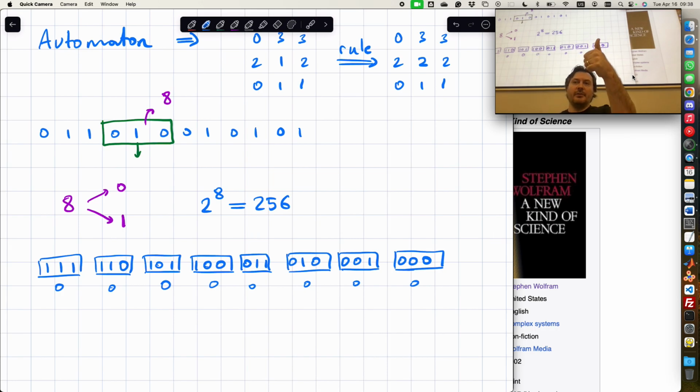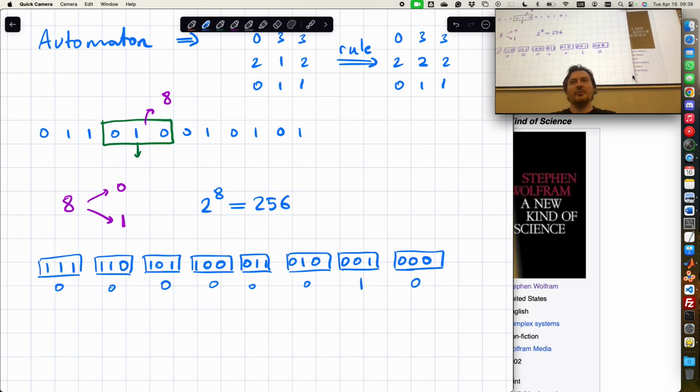That's rule number 0. Let's make this one 1. Everything goes to 0 except when it's 0, 0, 0. Then it's rule number 1. Then this is 0, this is 1. Rule number 2. And if you continue this, you can go all the way up to 255.